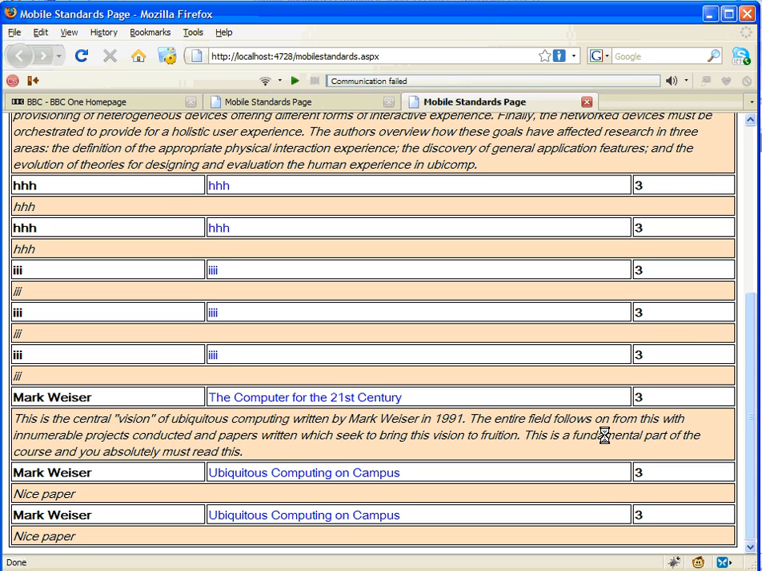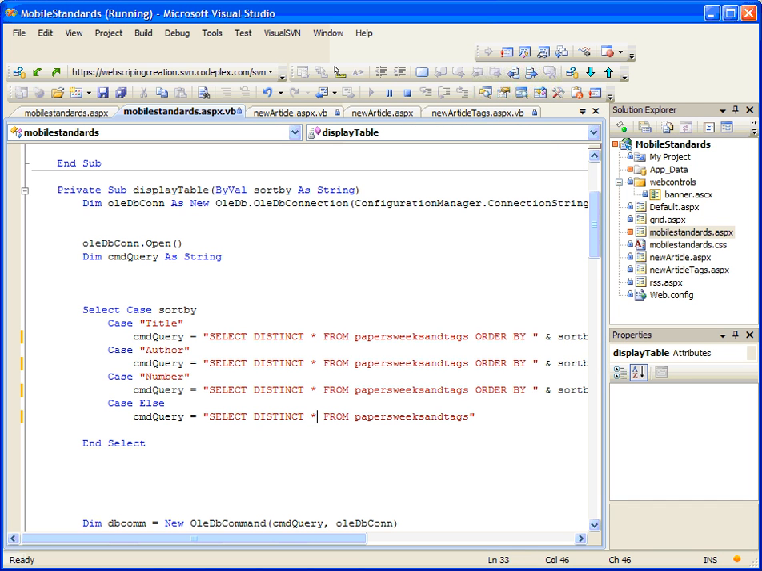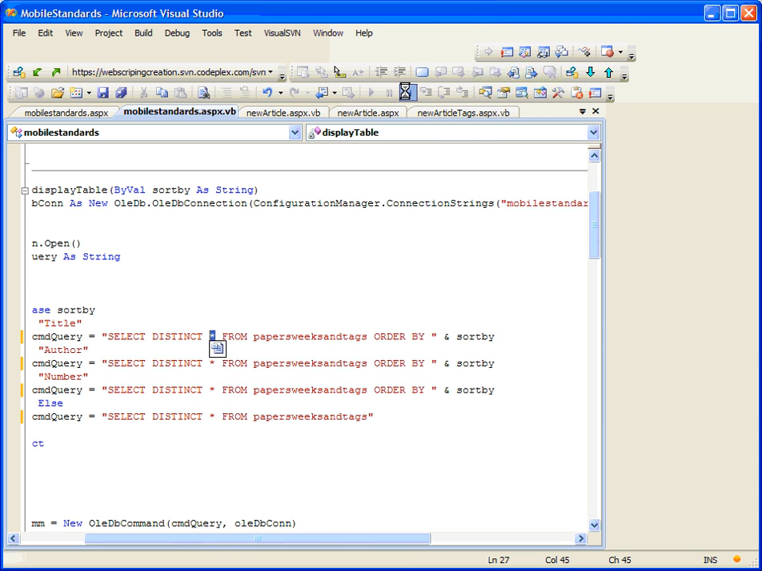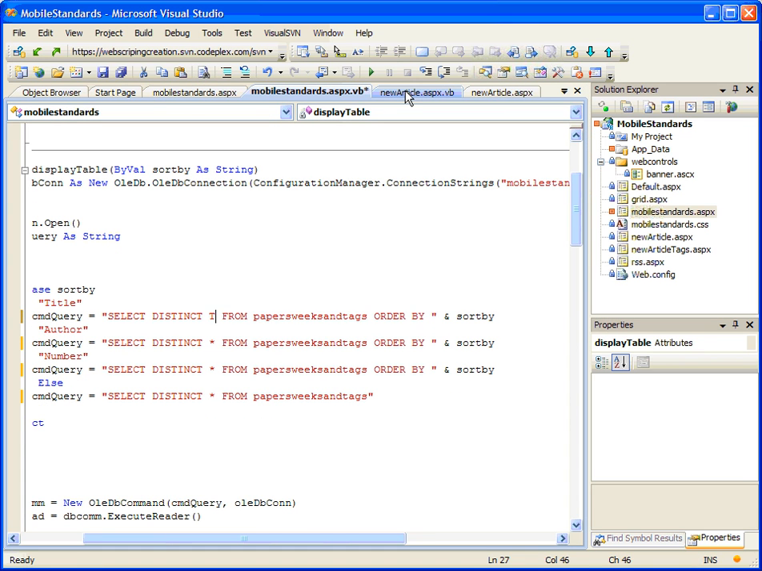So again, the way we can get that finally down to 1, so it looks the same as it would before, is to change the SQL again, such that instead of saying select distinct every single field, let's just put in the fields that we want to see. So let's say select distinct title, author, number, meaning the week, abstract, hyperlink. So if we do that, which means we're not including tag this time,